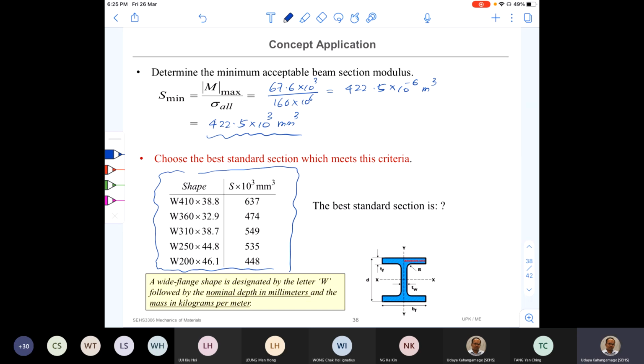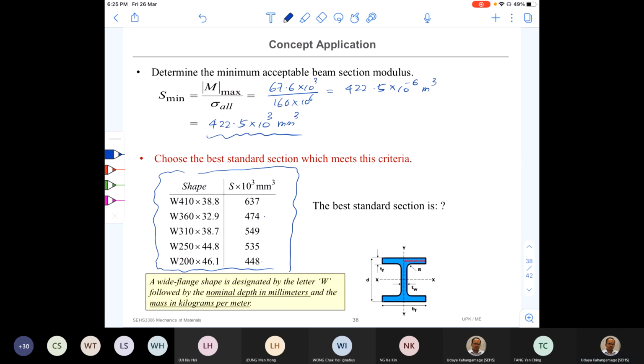So these are the shapes. They all have section modulus greater than 422.5. You can see that the lowest is 448, and then 434, and go up to 637. So which one are you going to recommend? The best standard section for this application. All are suitable,